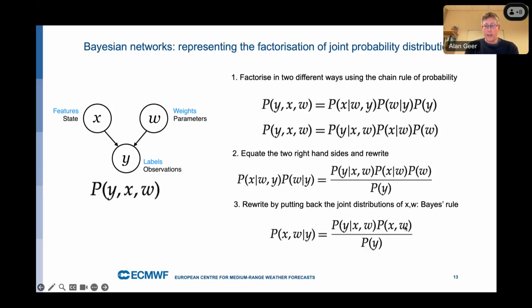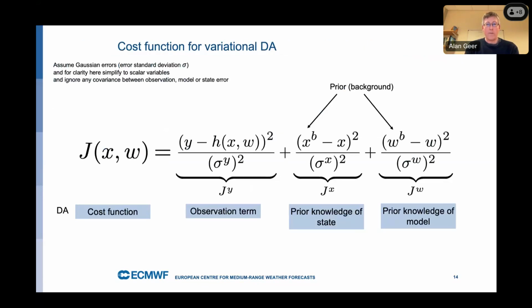And using Gaussian error assumptions, we can take those basic Bayesian probabilistic equations and rewrite them as a variational cost function for data assimilation, as we use in 4D-var and similar. And here the aim is to minimize the cost function to find the best estimate of x and w. And assuming here just single scalar variables for simplicity, representing no correlations between the states, the observations and the states and the knowledge of the model,